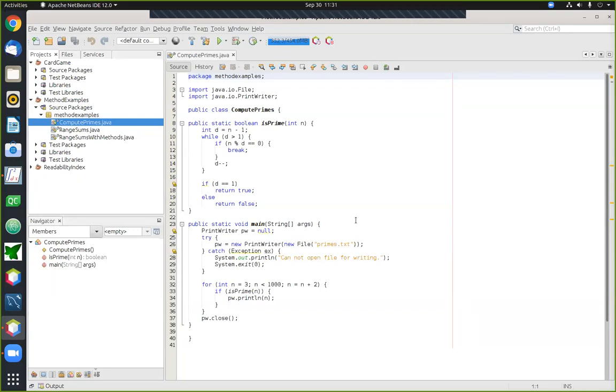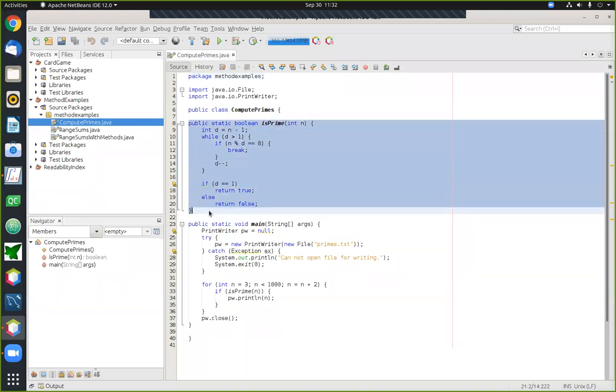So this is a prime candidate for using something like a method to clean up the code and make it much neater. The version that we're looking at here does precisely that. It's going to break out part of the work and put it into a separate piece of code, namely a method. All right, so the method we're talking about is right here.